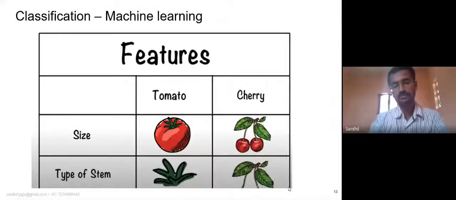Let's take another example, a tomato or a cherry. The features are something like size and the type of stem. There is a size difference between a tomato and a cherry. A tomato may be bigger in size and a cherry will be smaller. The type of stem is also different for a tomato and